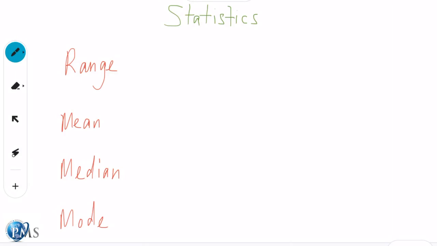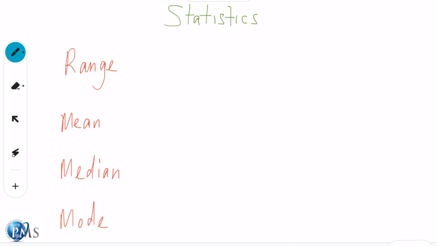In this video, we're going to look at some terms that we're going to see in statistics, which is the study of data and numbers. And statistics is just one of those topics that comes up in math, kind of here and there. You're going to first learn it in probably middle school, and then you'll see it again maybe in high school